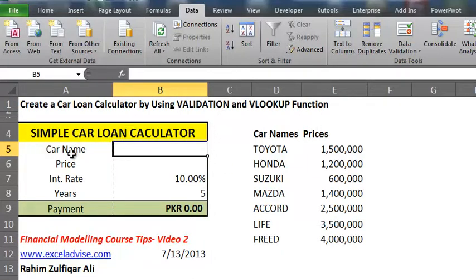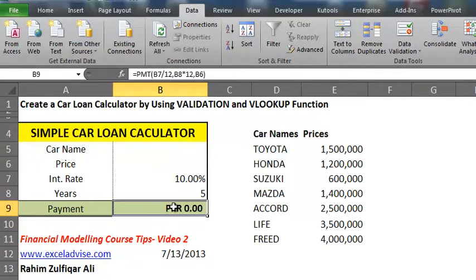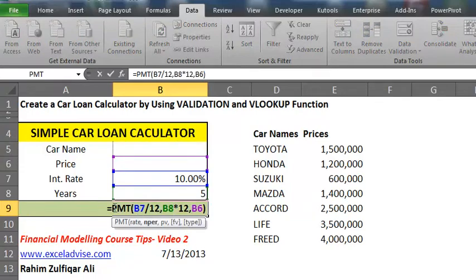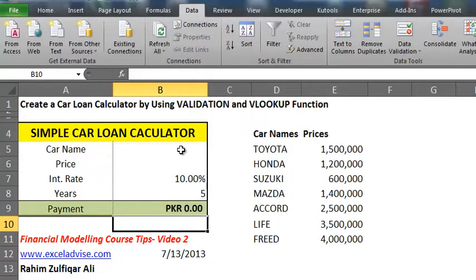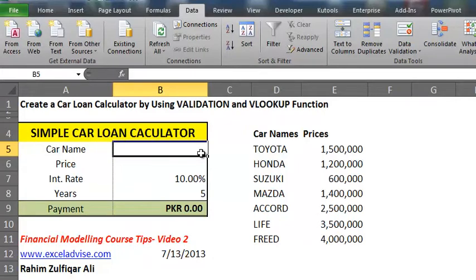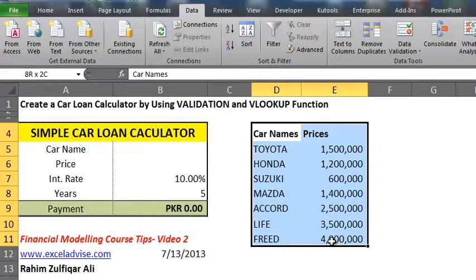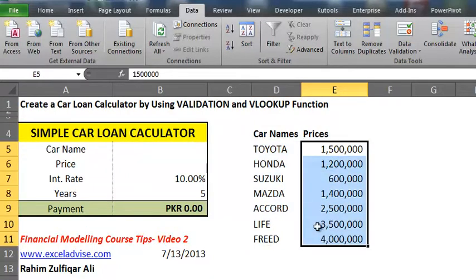As you can see, again we have a simple car loan calculator, and we just want here car name and price for it, and the monthly payment will be extracted from the PMT function by Excel itself. So at first we will create a list of cars by using data validation. Let's suppose this is our raw database for the names of cars and prices accordingly, and we will create a